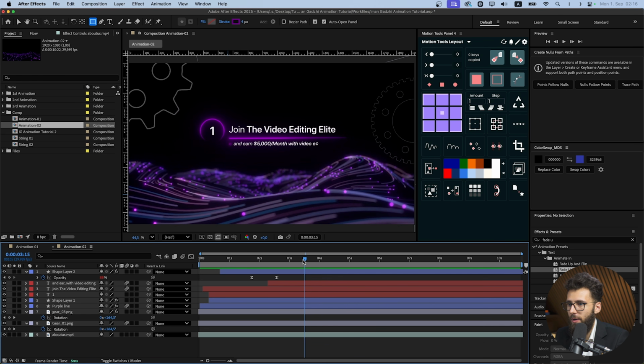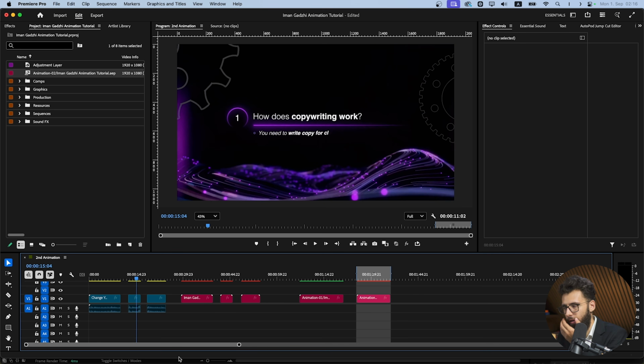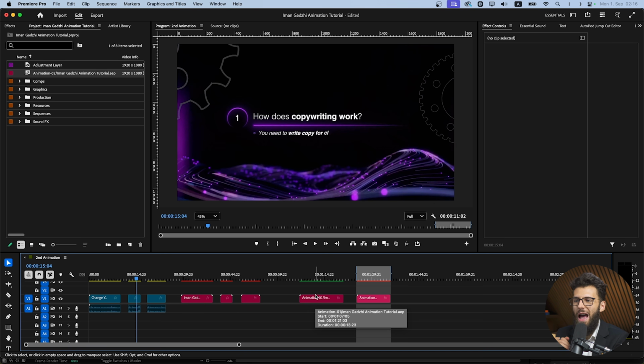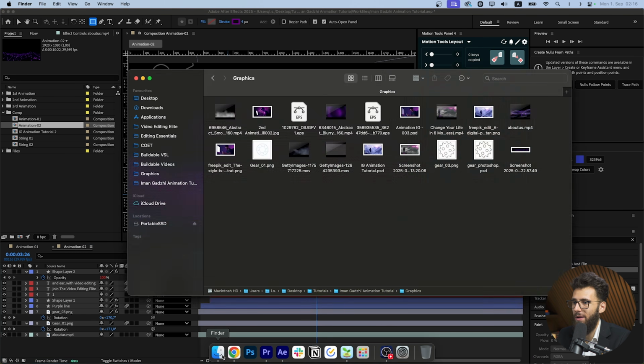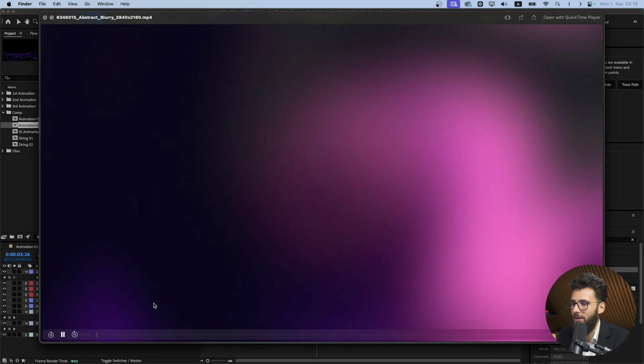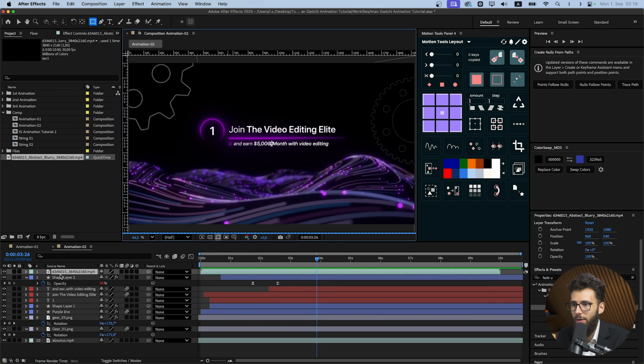Alright, so once we have this one, we have just one thing left, which is the light leaks that you see here. This adds a very nice touch to it. It gives that sort of 'there's something about to happen' vibe. I think it's very, very subtle, but I think that's the vibe. So what we're gonna do is copy and paste this very nice looking blurry stuff into it,